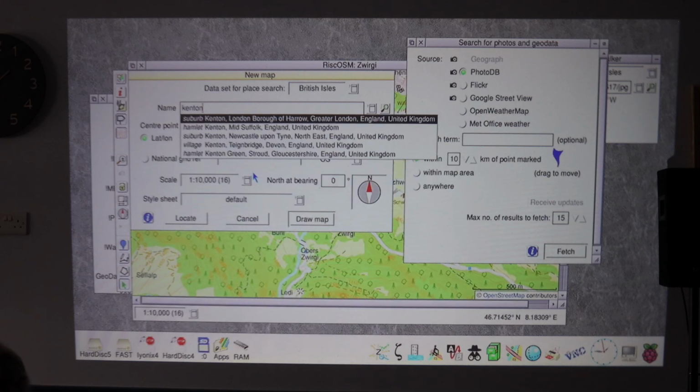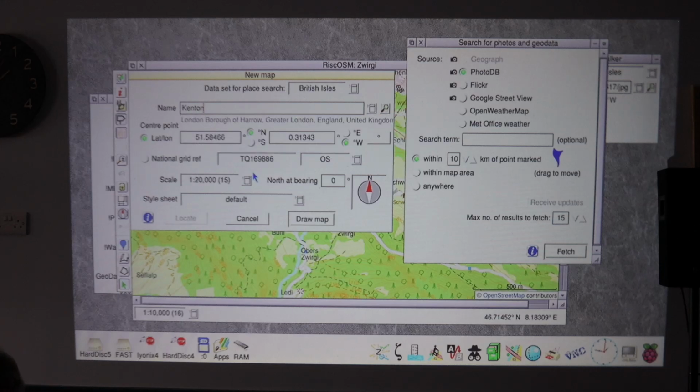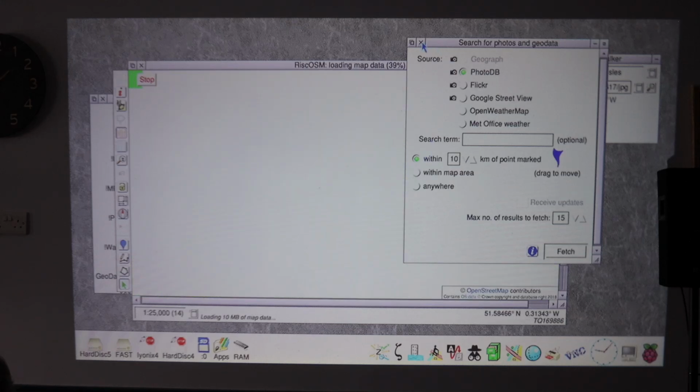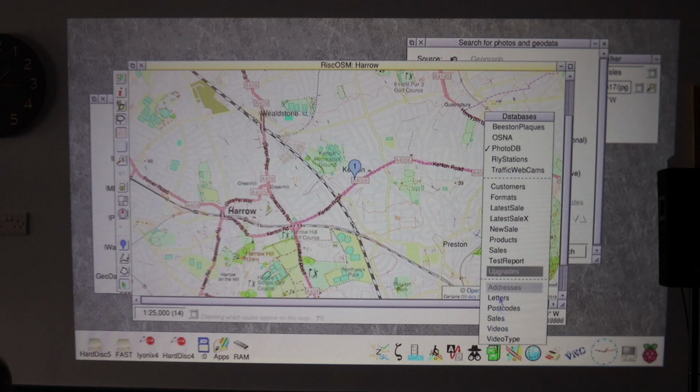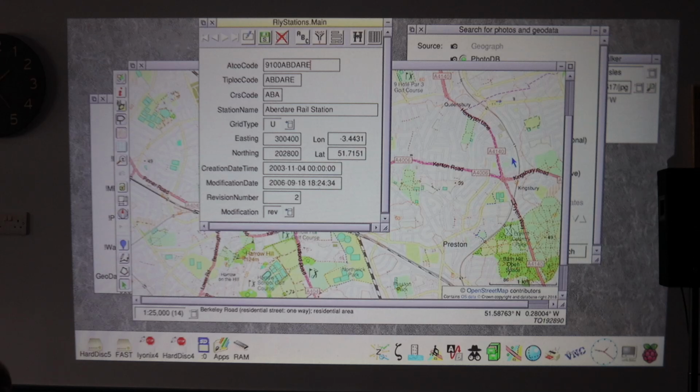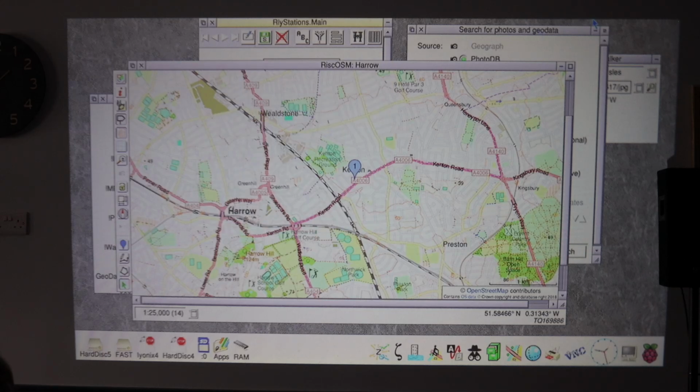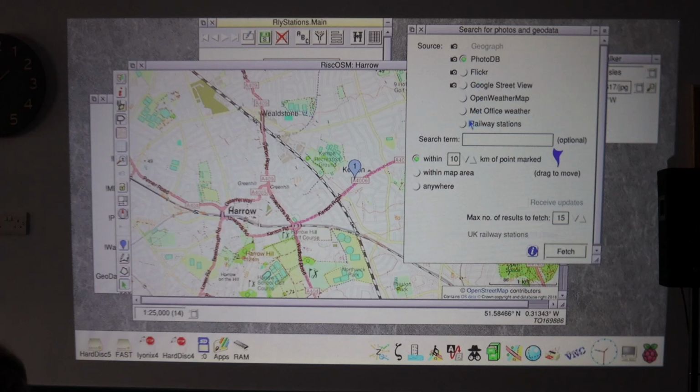So I'm just going to go back to Kenton, where we are now, and we'll draw a map. And I'm going to go and open in Impact a database called Railway Stations. So we obtained from a national data source locations of all the railway stations in the UK, and here is this database. So lots and lots of them. Now that the database is open, it's appearing on RISC OS's search window. And if I choose to find all the railway stations within the map area and fetch them,